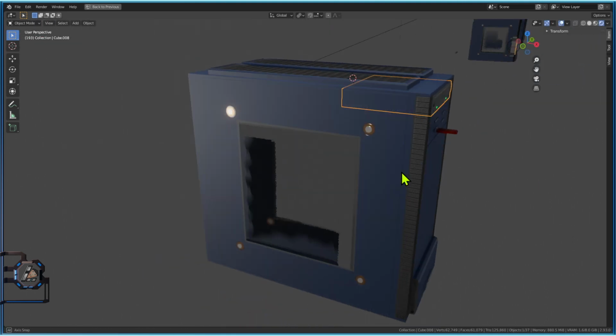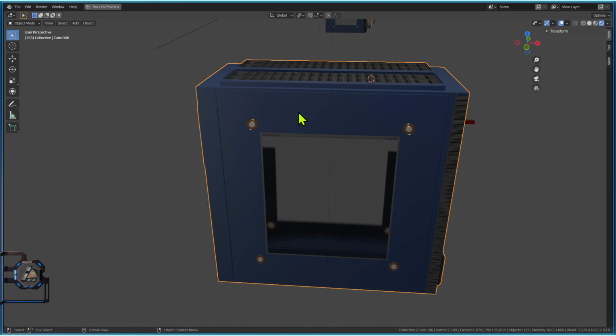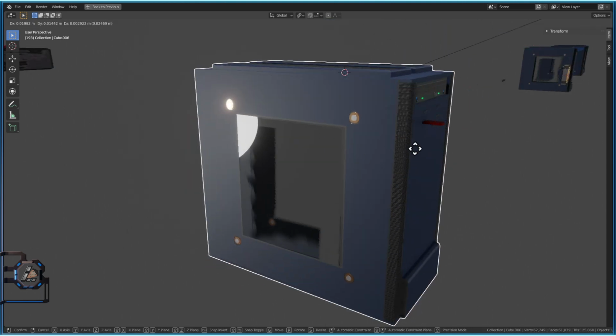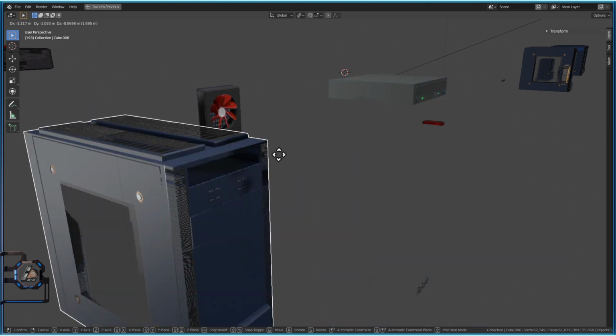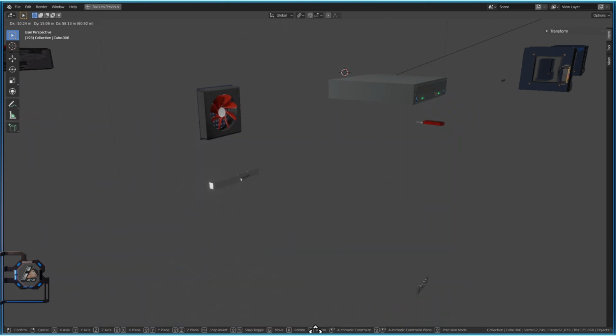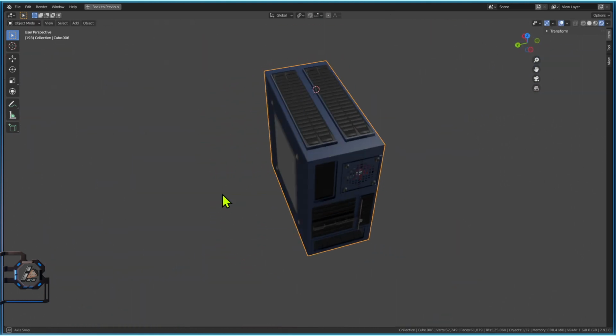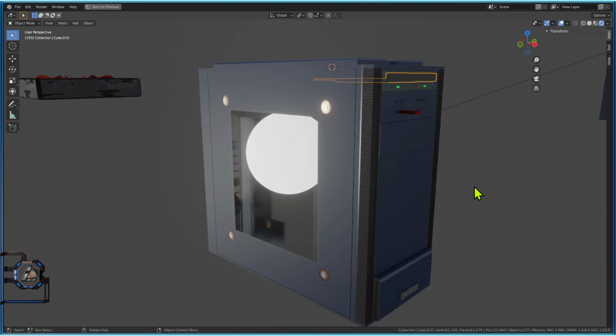I want every object to follow my PC tower. When I grab my PC tower, I want all these objects, which currently are not moving, to follow it. And so we need to cancel the parent